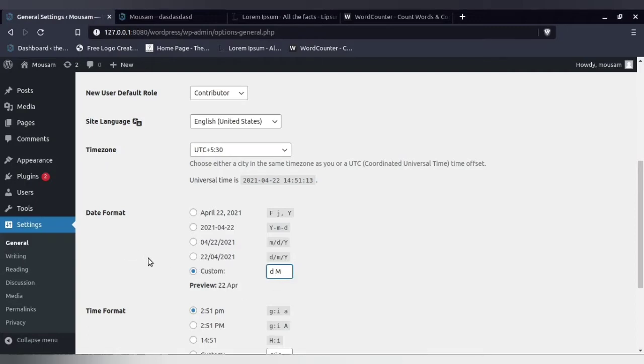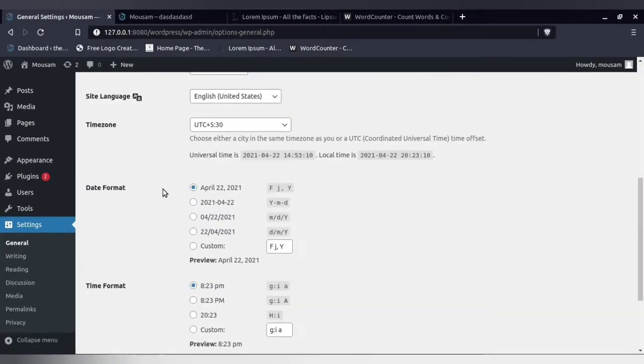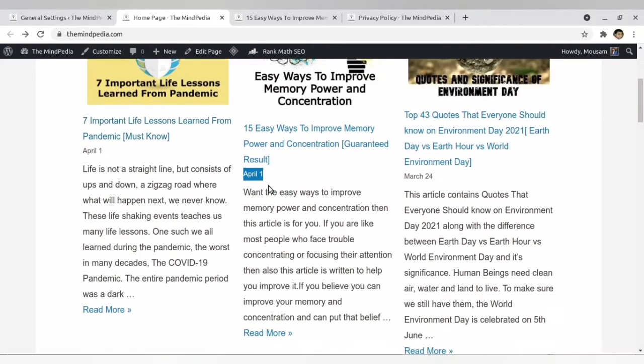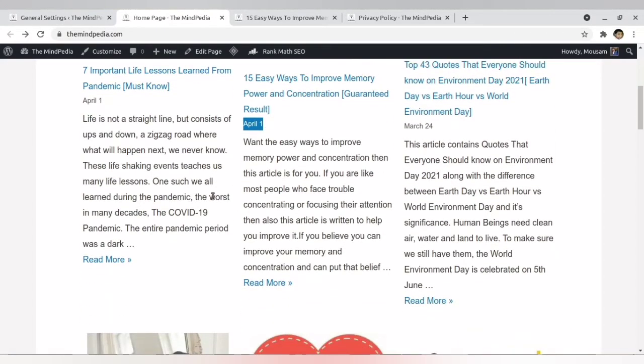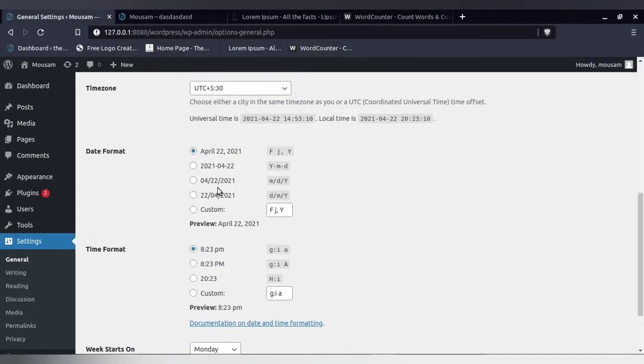Now it depends upon what you want to do. You can select any of the formats and just press save changes, and whenever you publish a blog, that is the date which will be mentioned over here. Because the content which I write is more or less evergreen content, I do not mention the year. But if you have a trending website, a website that posts recent events and that may change after a few years, in that case it is preferable that you mention the year also.